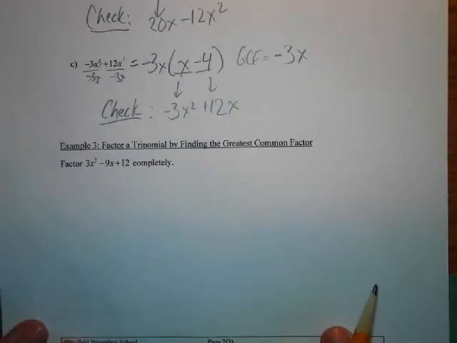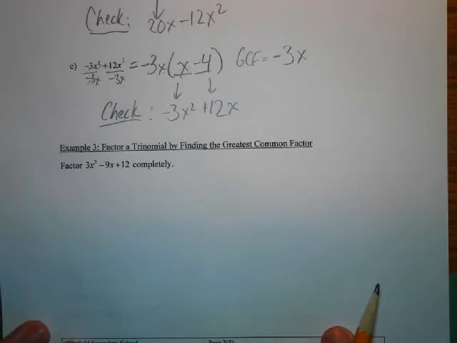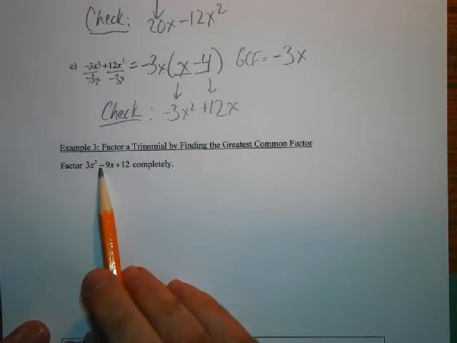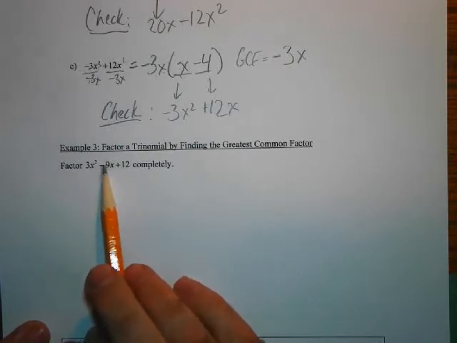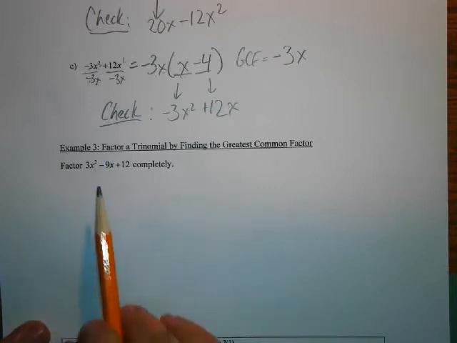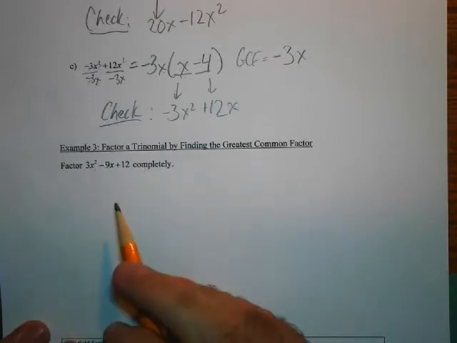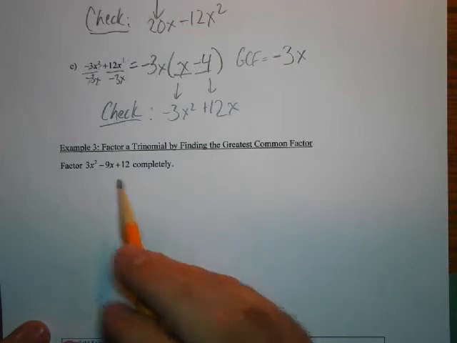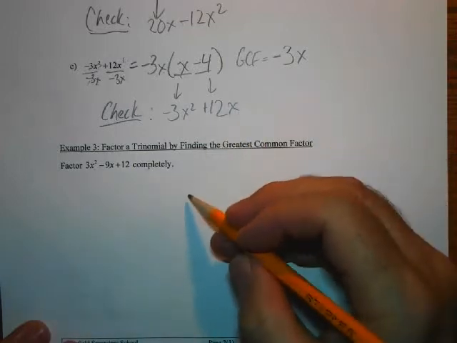This one is slightly different, but hopefully it's not that much of a stretch for you. This time we actually have a trinomial, which means 3 terms. So we're going to common factor this using a GCF. We did something like this in example 1 with 3 terms. So to find the greatest common factor,